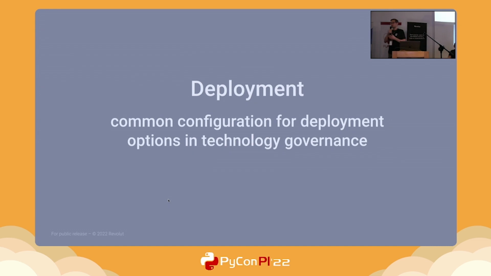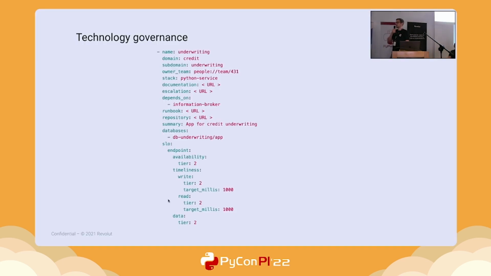So now we talked about configurations, so we have it configured. Let's think how we could deploy it, how we could centrally manage the deployment of our services. So we have a repository, as everything is stored in the code, which is called the technology governance. In the technology governance, we keep centralized configuration about all of our apps, regardless whether they are Java, Python, or iOS apps or anything. They are managed and described in a similar way.